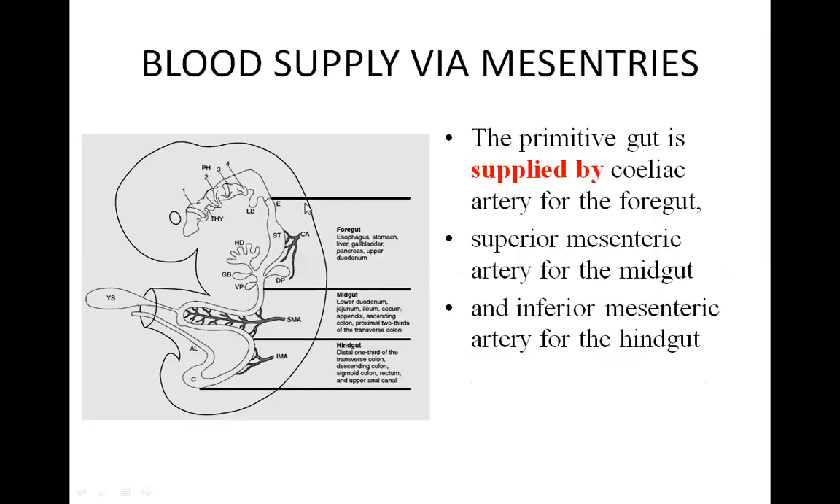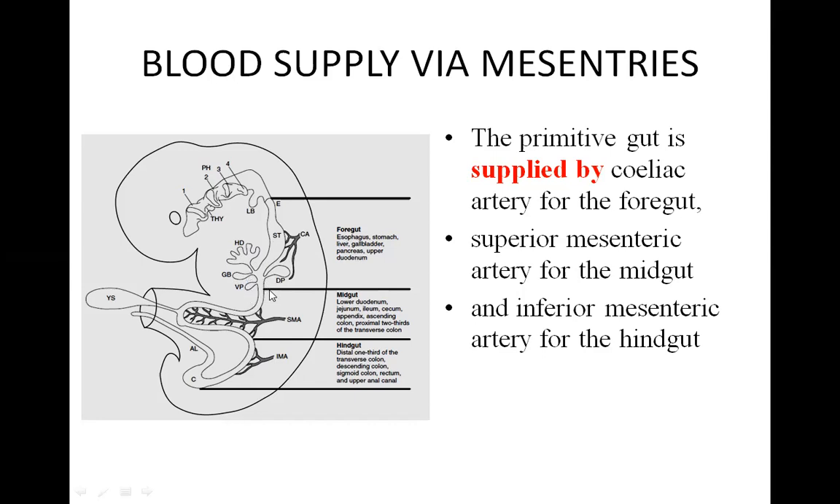Now the blood supply via mesenteries. So the primitive gut, it is supplied by celiac trunk, which is the artery of the foregut, superior mesenteric artery, which is the artery of the midgut, and the inferior mesenteric artery, which is the artery for hindgut. So the derivatives of the foregut are esophagus, stomach, the liver, and the gallbladder, upper part of the duodenum, and